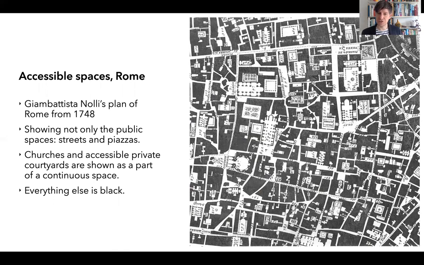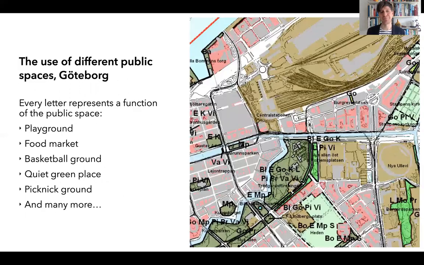So you can see that the churches are here. You see all the columns and the pillars of the floor plan of the church. But you can also see the interior courts. The private houses had open courts, but at that time, the doors were not closed. There was no PIN code or a card or something, but you could just access this. So it was actually a part of a continuous space of streets, marketplaces, churches, and interior courtyards. And maybe this is something you will not do, but I think it's a very nice example to show that we are working in a long tradition of mapping public spaces.